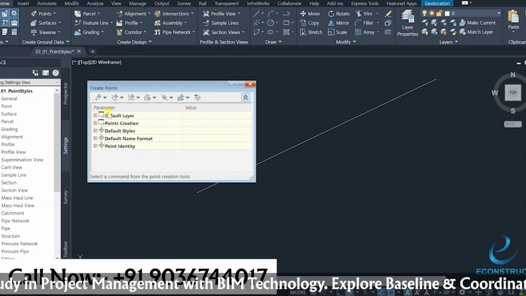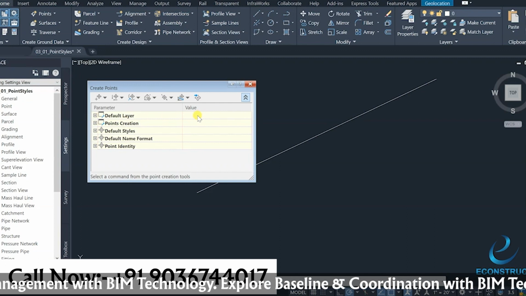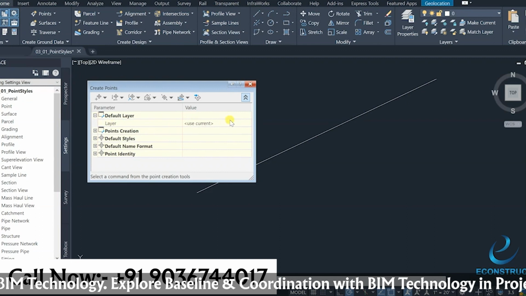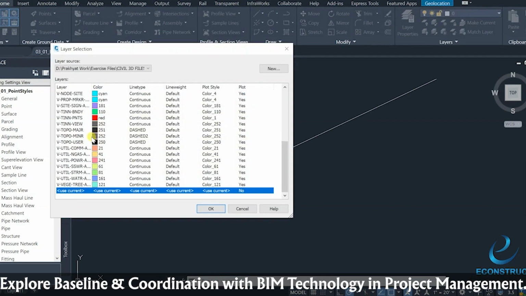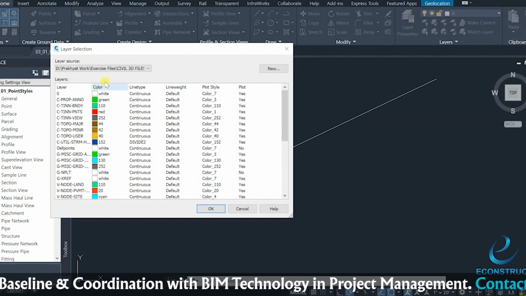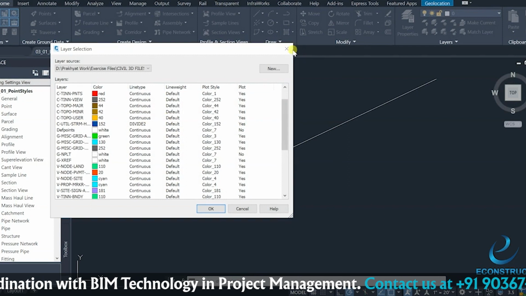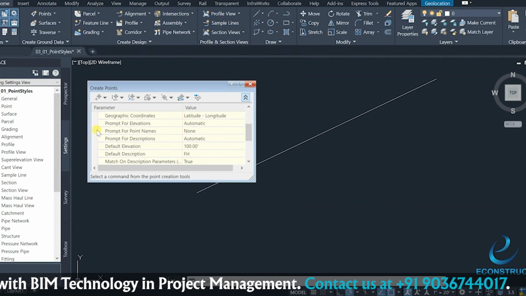If you see here, you can define certain parameters and their values for the points that you are going to define. If you go to default layer, you will see that right now it is using use current. You can add a different layer which you want to use, like these are the layers created by default that you will find in Civil 3D. So you can choose that. Apart from that, there are